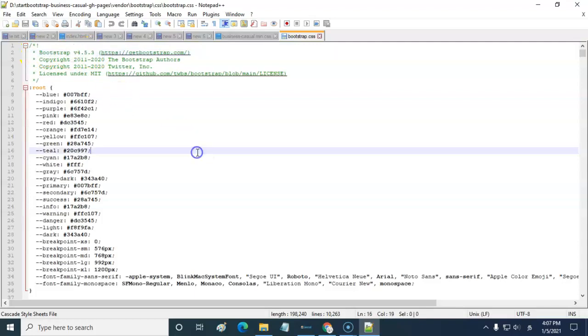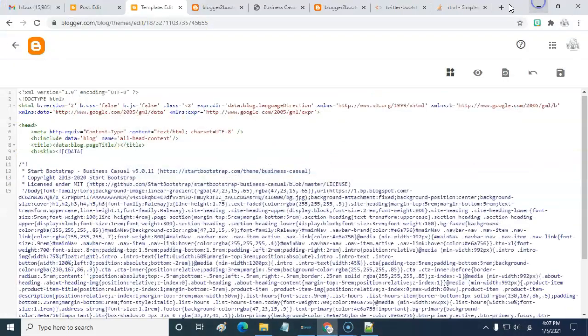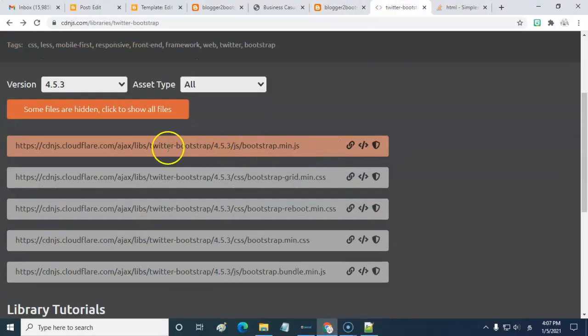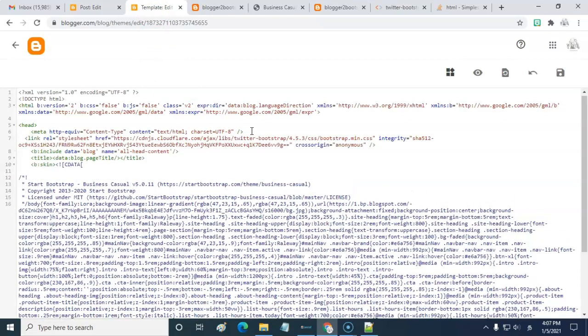Instead of adding this code in Blogger, I recommend using the CDN. Here we have the CSS link. Copy the link tag and paste it in the head section.